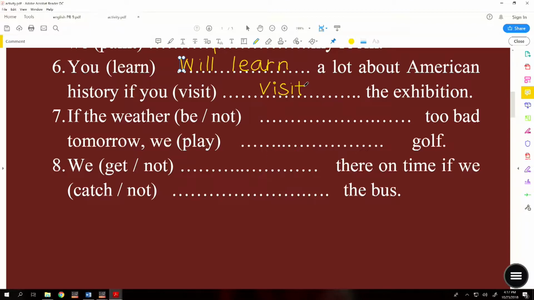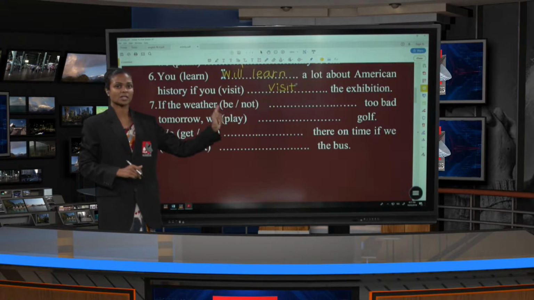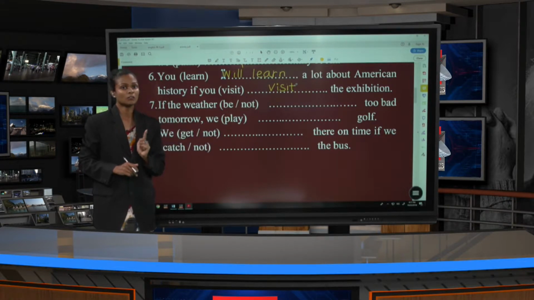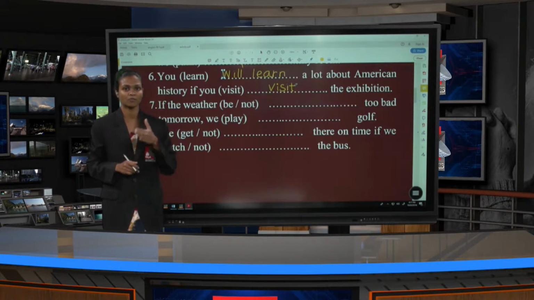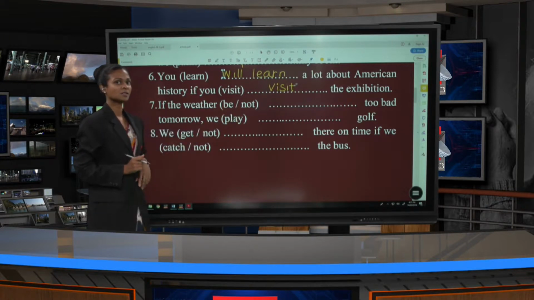Seventh, if the weather, in the brackets, be and not are given. Blank, too bad tomorrow. We, in the brackets, play, again blank, golf. If the weather too bad tomorrow, we golf. Right. Here, at the beginning of the sentence, it starts with an if clause. So, you have to put if plus simple present. If the weather, what is the answer? The answer should